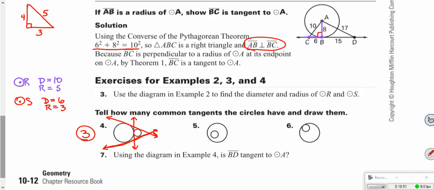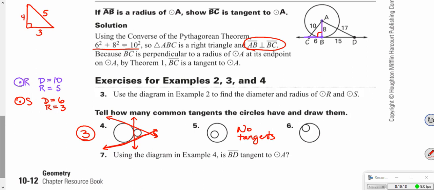Number 5, is there any way to draw a tangent to both circles? And that would be a big fat no. Okay, there are 0 tangents. All right, I circled my 0 and now it looks kind of like the picture. So no tangents. Okay. I can't get to the inside circle to get a tangent without it becoming like a secant to the